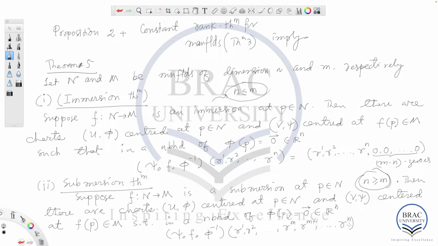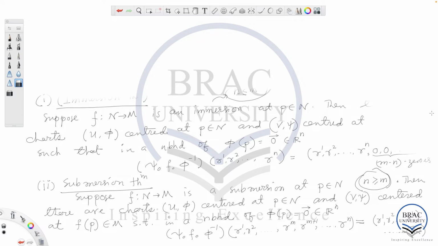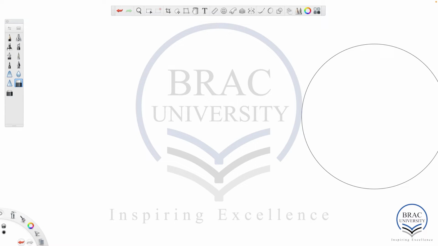Okay, and this map looks locally like a projection. So I'll just have an m-tuple on the right hand side, R1, R2 all the way up to Rm. This is equation number 22. So a very important corollary to this theorem 5, the immersion and the submersion theorems. Now I'll state that corollary